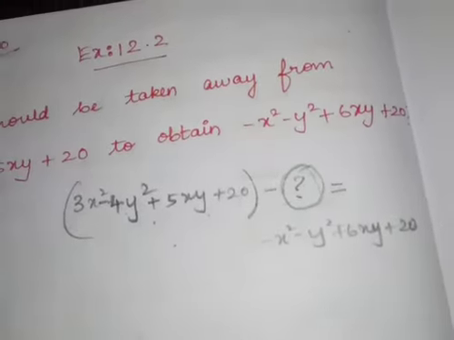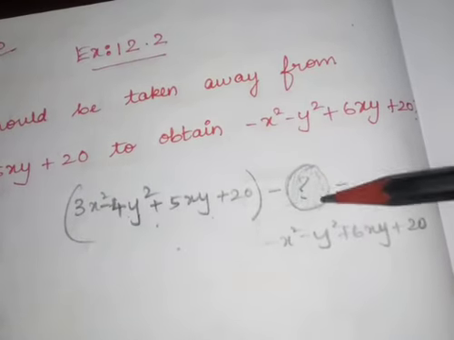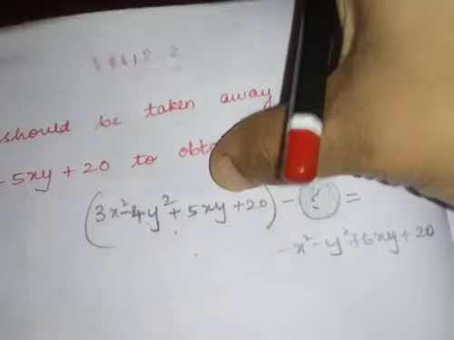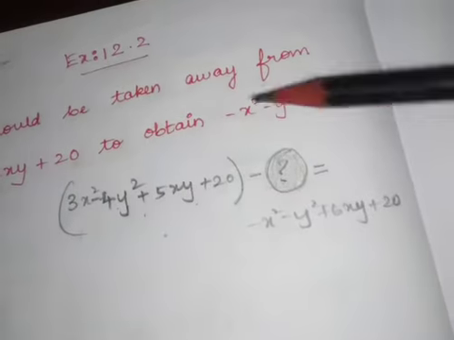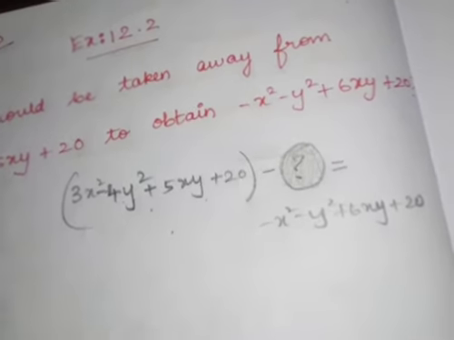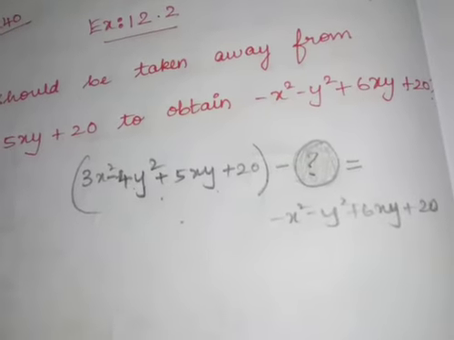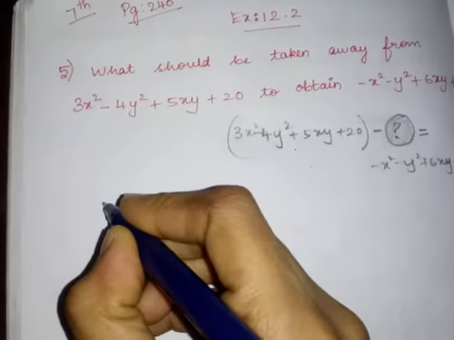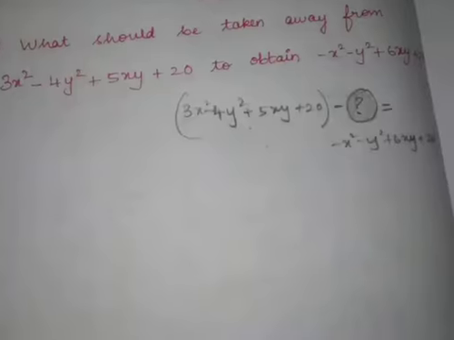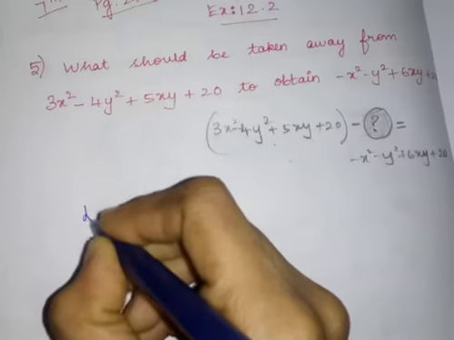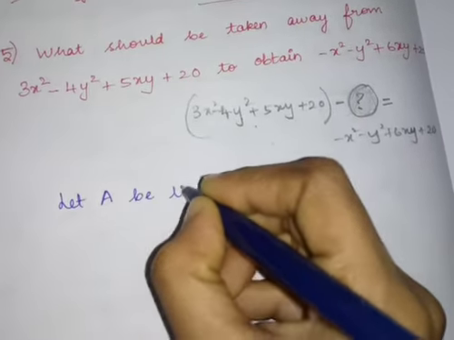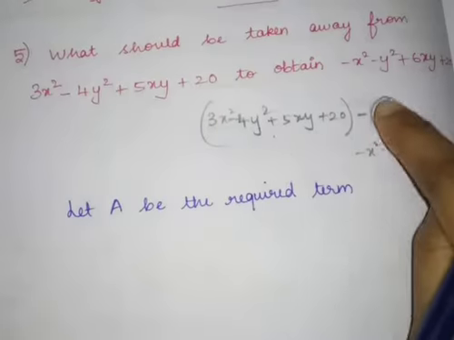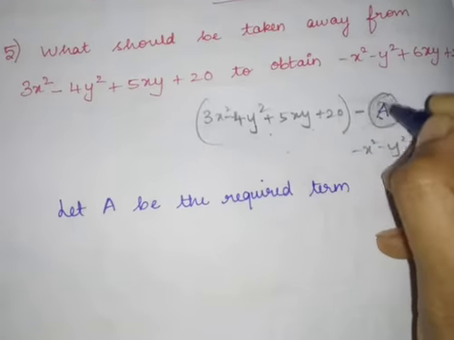Yes, because when I subtract some unknown value here, we don't know what that number is, this shaded region, something you are subtracting from this expression to obtain this expression. So what is this unknown value? We should find it. I am going to take that unknown value as capital A, the same as the last problem, children. Let capital A be the required term. Capital A is your unknown. So instead of this question mark I will put A.